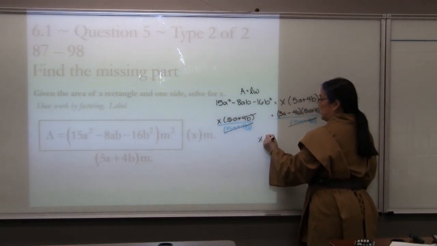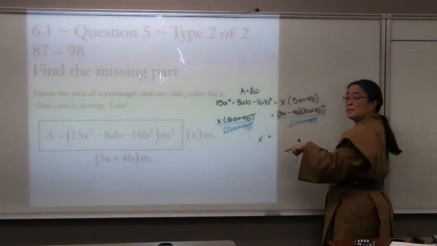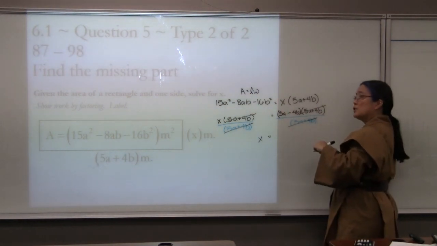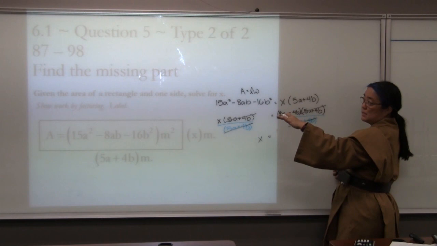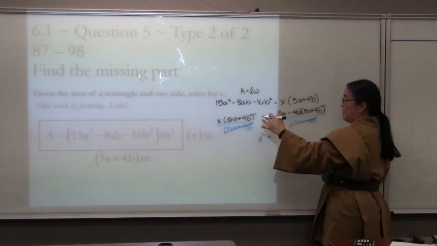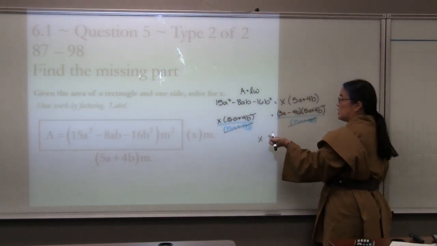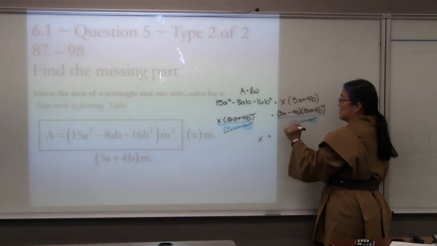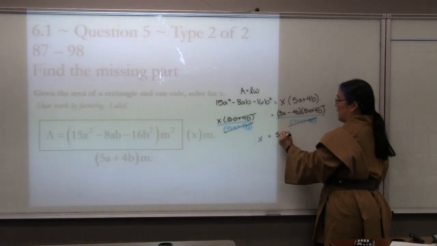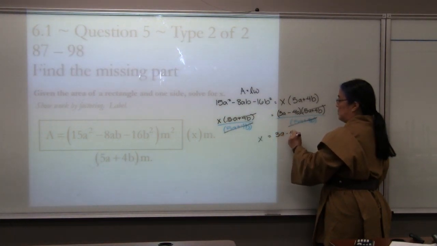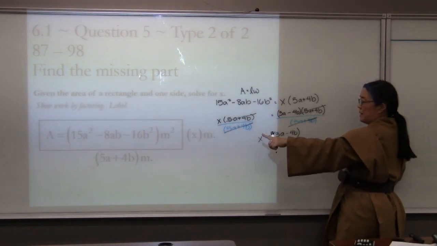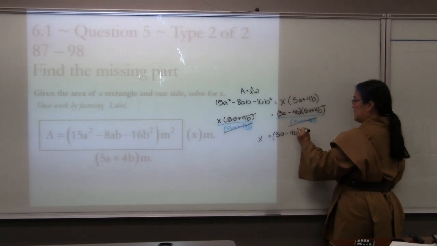It's a little bit different. In chapter 5, we did this by long division. Long division would still work, but the reason that it says that we're going to show work by factoring and canceling is we're trying to support the chapter 6 method of solving this. So this is 3a minus 4b. Now, because this is a word problem, these parentheses are appropriate, and then we would label it. If you look, it's labeled in M for